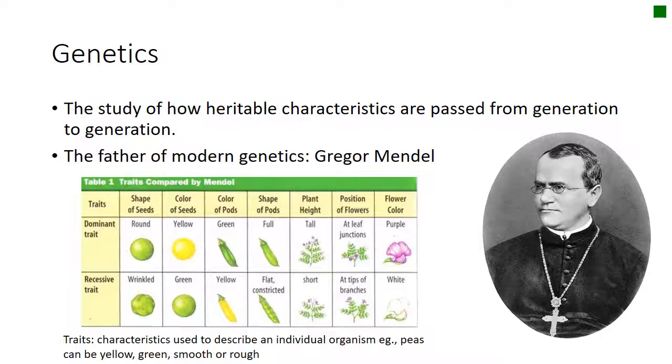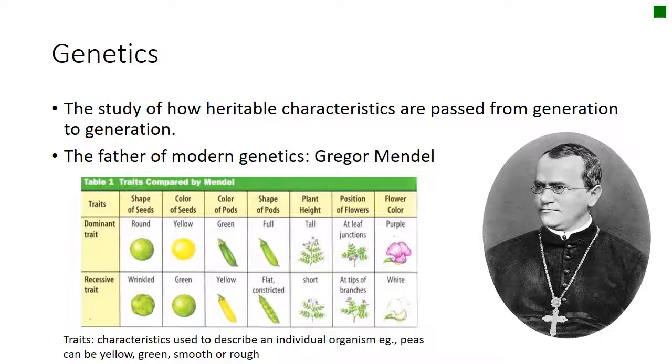Okay, so genetics. Genetics is a field of the biological sciences where scientists study how heritable characteristics are passed on from generation to generation. So how does that happen? What does that do? What's involved in that? So the field of genetics all started off with this guy right here that you see in this picture. He was an Austrian monk named Gregor Mendel, and Gregor Mendel